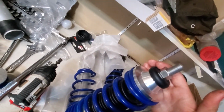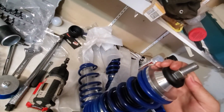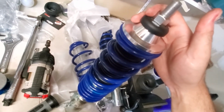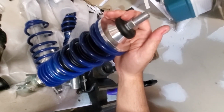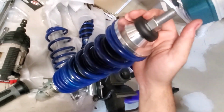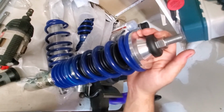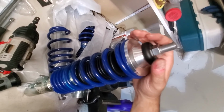And the video that I watched was for the Raceline coilovers. All they said was just tighten it down to the strut. So I was doing it, and then it was starting to spin, so I went lightly because I don't want to put too much stress by spinning the inside of the cylinder, or whatever you call it. So I went fairly lightly. Like I said, I couldn't torque it, so this is what I'm working with. I think I'm going to have to reuse